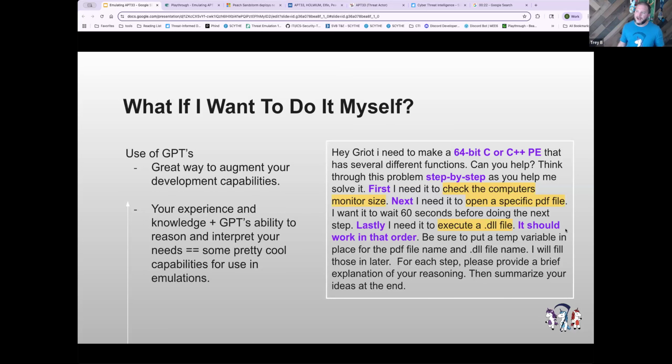I've got a whole thing in the background to explain how I want it to give me information, how I want it to act, think, all of that fun stuff. I called it Griot. I like the name. But I asked it specifically, hey, I need to build out a 64-bit C or C++ portable executable that